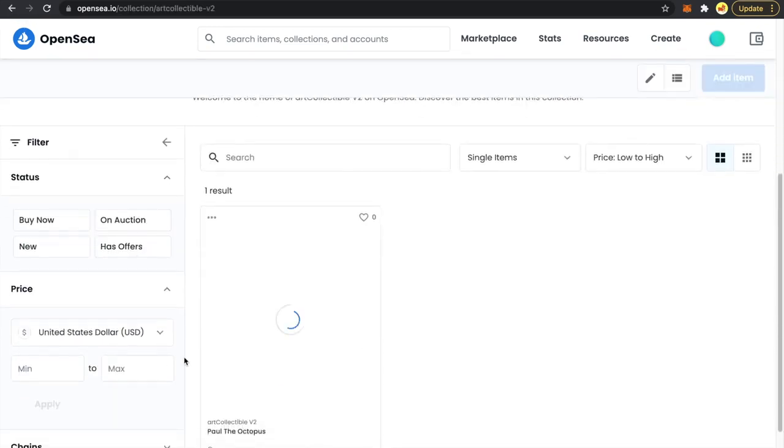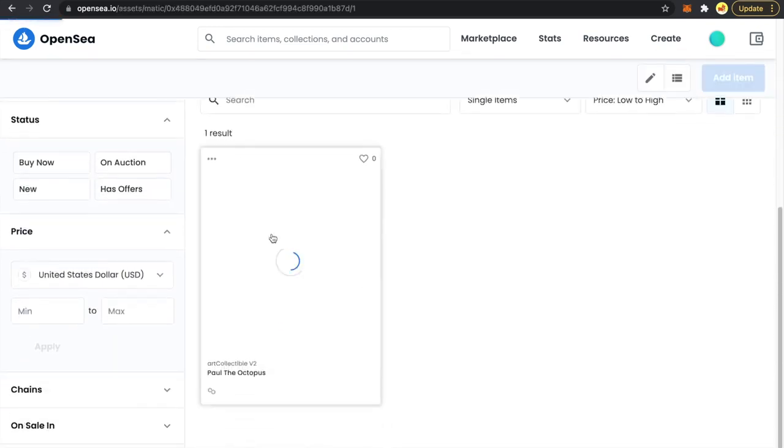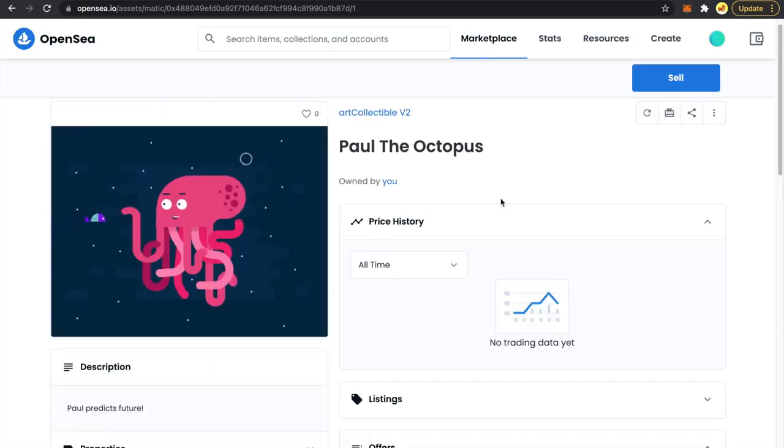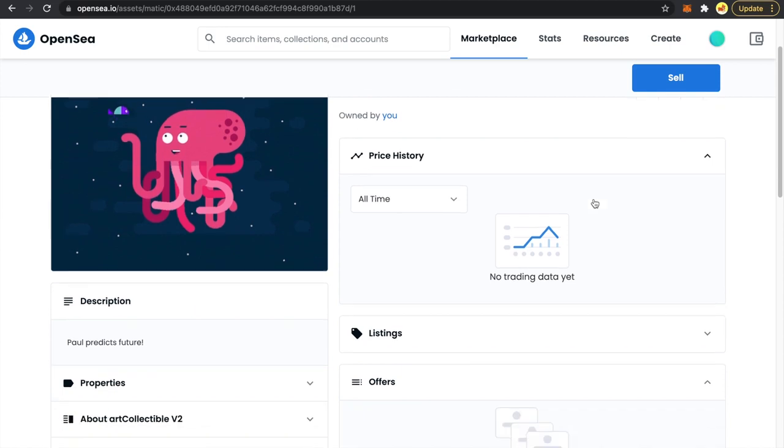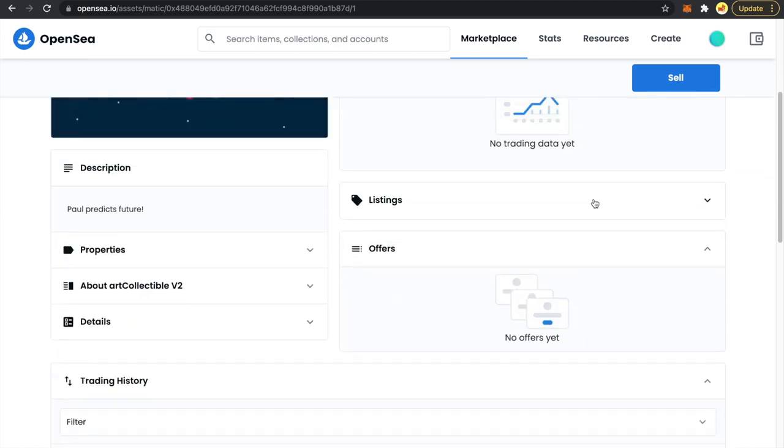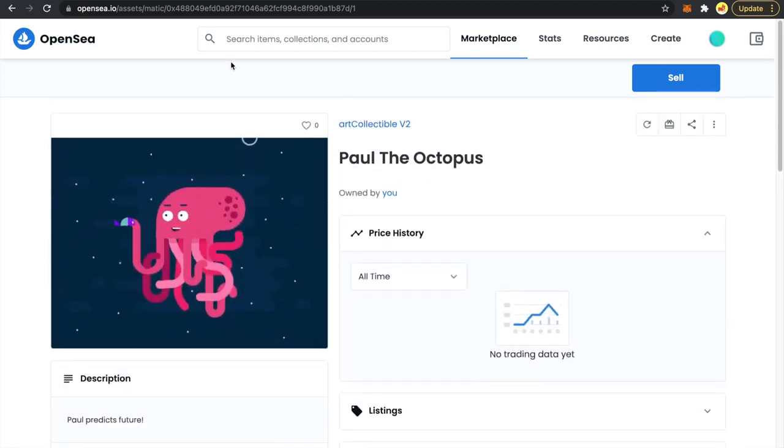And yep, this is our art collectible, and let's see if it is getting rendered. Yes, this is deployed on Polygon mainnet, so it is actually available for others to buy. So yep, that's about deploying it on the Polygon mainnet. Now we will be talking about some other concepts that I wanted to discuss with you all, like the ABI and the bytecode that the Solidity compiler generates. So let's talk about all these concepts now.